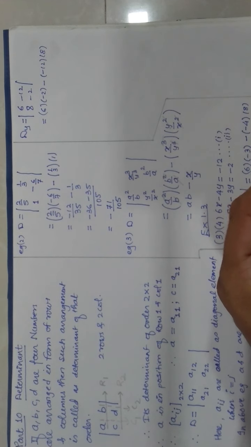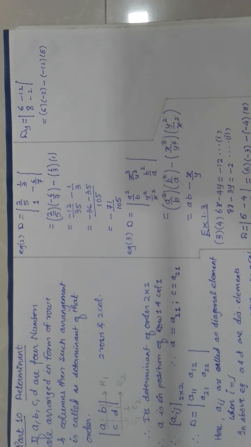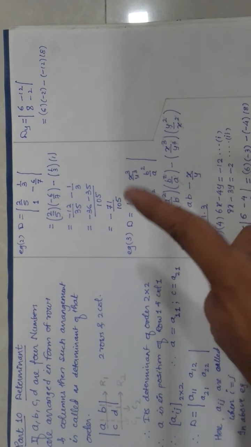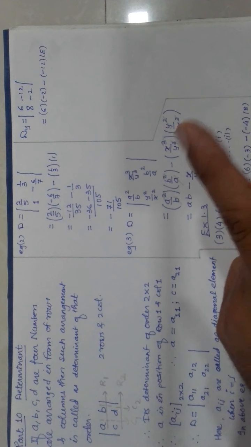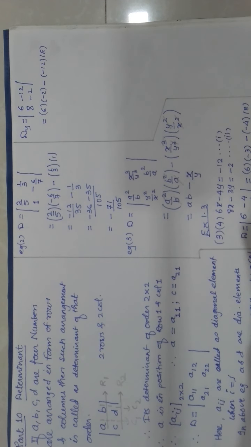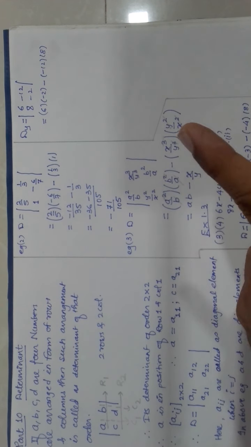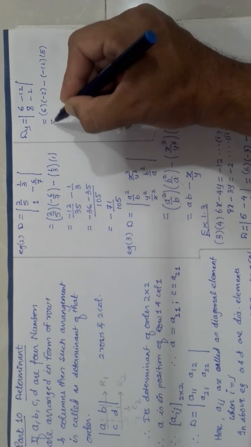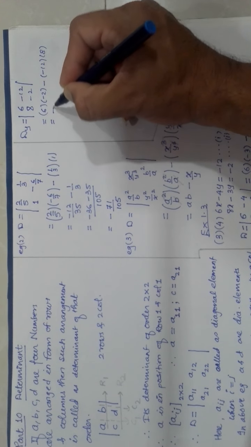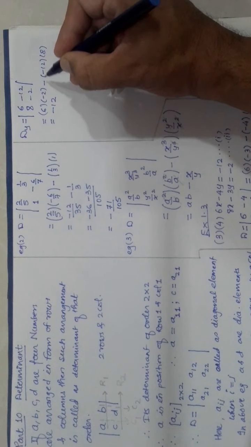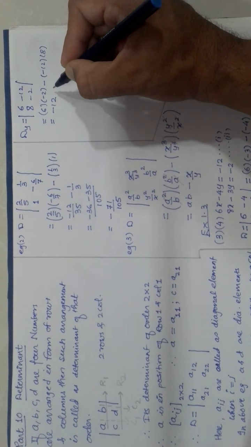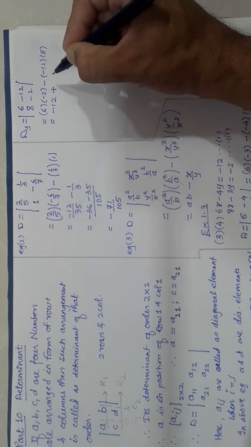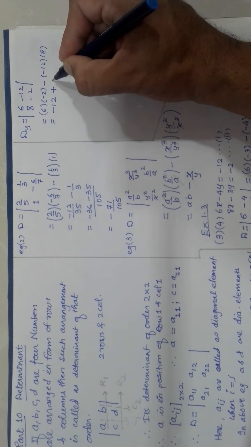See, remember, always keep a pattern in writing so that you don't make mistakes. Product of diagonal elements, so I start with 1 1, and then when I take the product of non-diagonal elements, I start with 1 2, that is row number 1 and column number 2. Okay, so here I get 6 2s are 12, but minus sign. Very good. Now 2 minus signs are there, and 12 8s I suppose is 96.